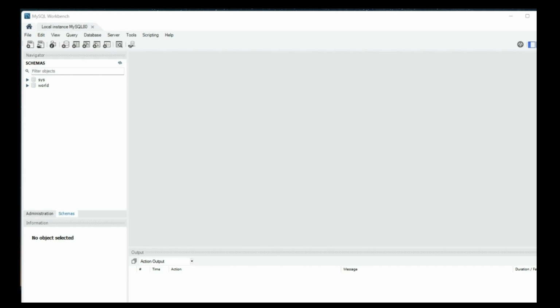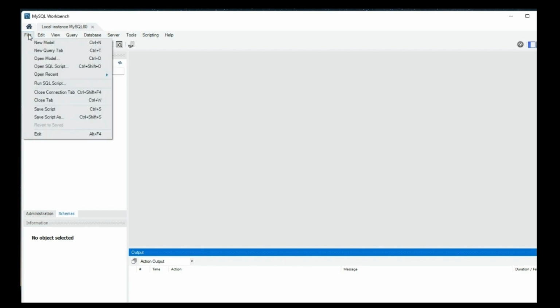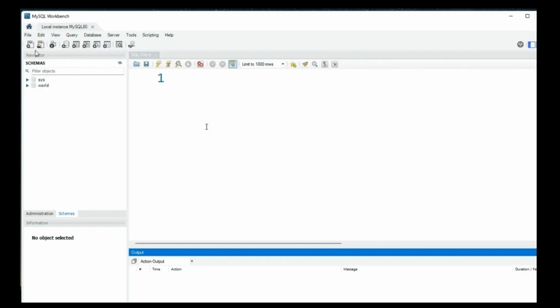So first we will create a database because we need a database, right? We're not going to use any of those. I will show you guys how to create your own database. We will do things the long way because we actually want to learn how to do this, although there are shortcuts. So I will click File and New Query tab because I want a tab so that I can type